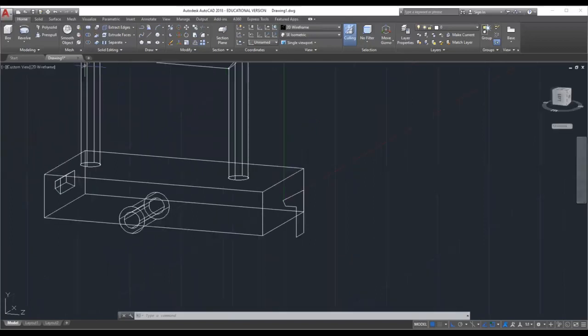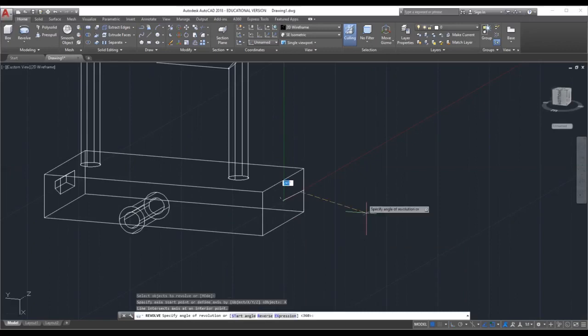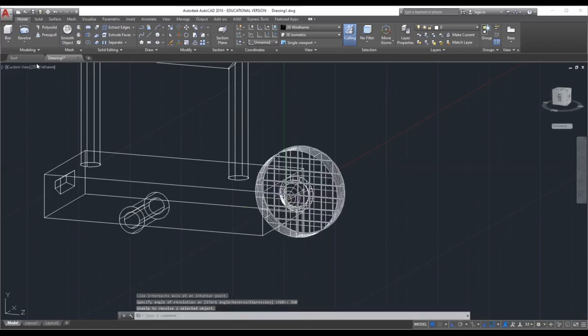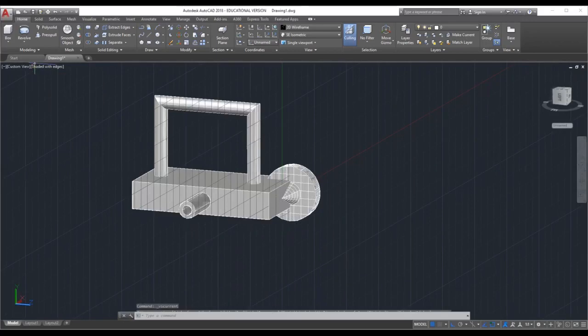Go to revolve command, select the object, enter, rotate about x-axis. It will be rotated about 360 degrees. Enter. So the object will be rotated about 360 degrees. Go to shaded with edges. Okay. The object will be rotated about 360 degrees.